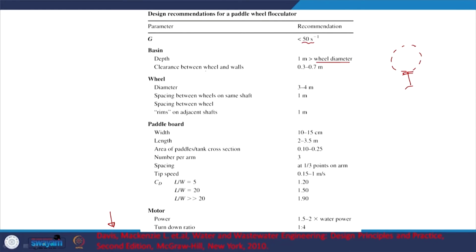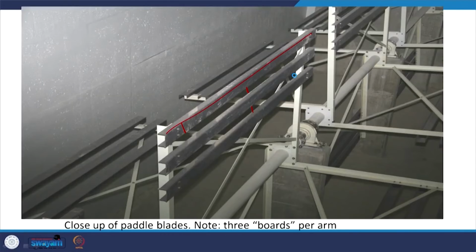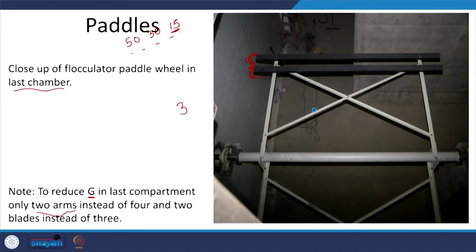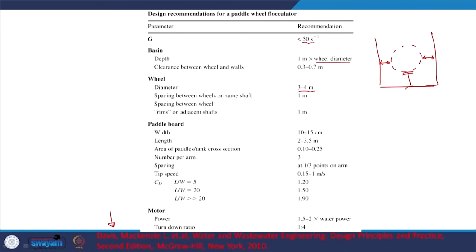And again, the clearance between the wheels and walls is a relevant issue. The typical wheel diameter is 3 to 4 meters. Then there is the spacing between wheels on the same shaft, as in, we have different wheels, this is one wheel and this is another wheel. So we need to have some spacing between wheels, and that is what they were talking about there: spacing between the wheels on the same shaft, and rims on adjacent shafts. And for paddle width, the typical width is obviously in centimeters, and the typical length is 2 to 3.5 meters, and the area of paddles